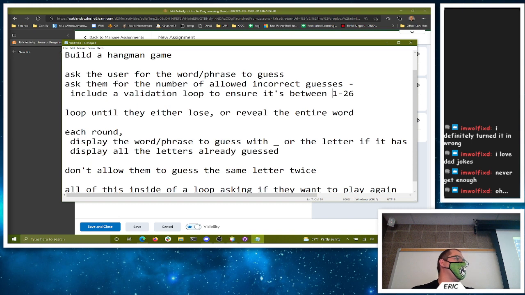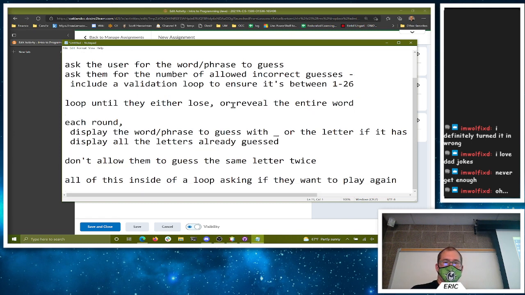No one can win. So 1 incorrect guess is allowed. I guess technically you could have 0 if you wanted. If you guess wrong at all, you lose. That's not a very interesting game. So we're going to stick to at least 1 guess that is allowed to be wrong for our rules. Okay?